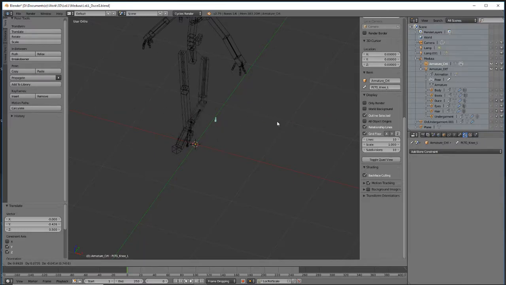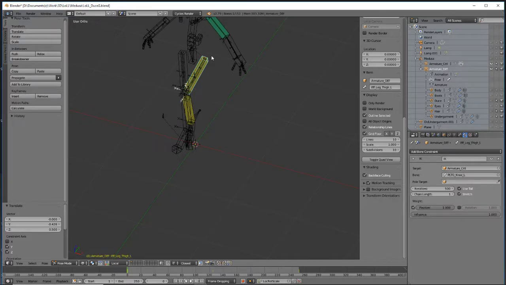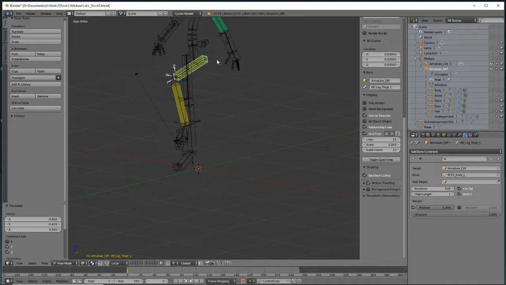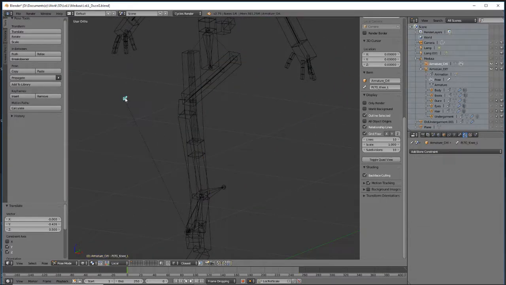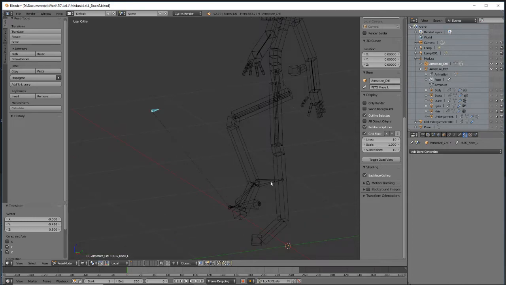I think the advantage of pole targeting, if you can get the pole targeting to work, is that it is going to give a natural, it's going to maintain the, alright, well, we'll explore this right now. Here's the knee, the pole target. Here's the knee as an IK target. So this is the pole target cheat with the IK. And you can see how the thigh is currently bending and flexing, right? Now if my hunch is right, because this is actually one of the few times I actually got the pole target to work,